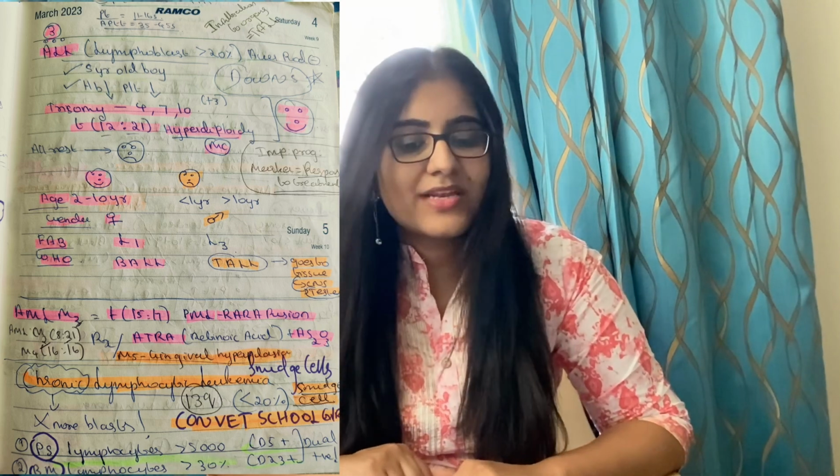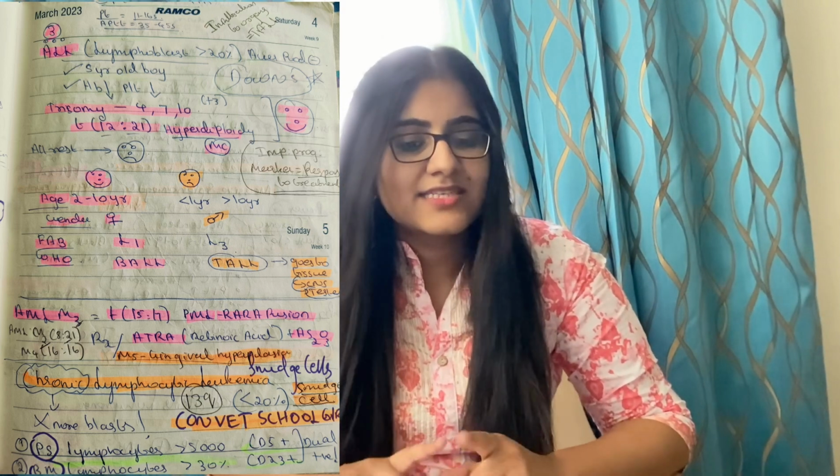And then you should remember AML M2. AML M2 it will be 8;21, 2 2. You can remember it like that, 2 for 21. So AML M2 will be t(8;21), and AML M4 you can remember 4;4, so it will be inv(16). And M5 it will be the gingival hyperplasia, right?